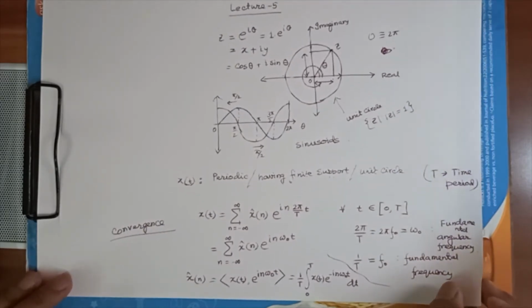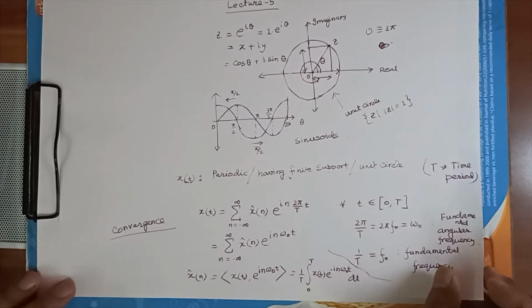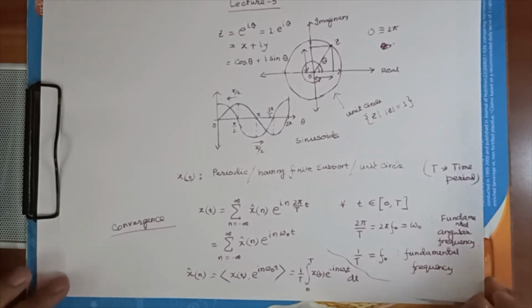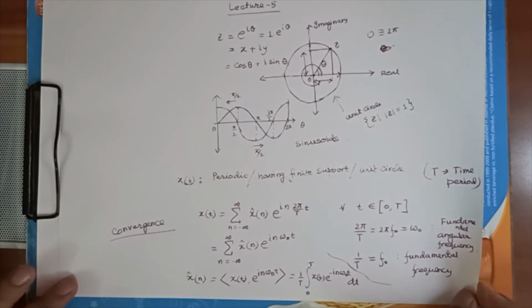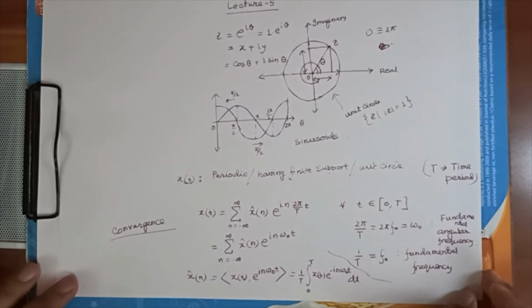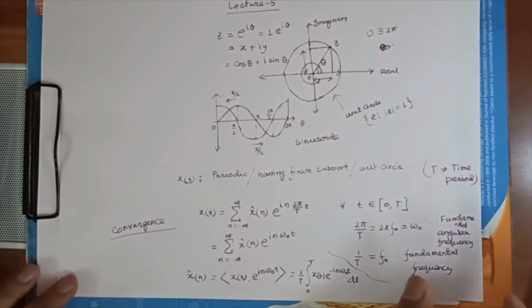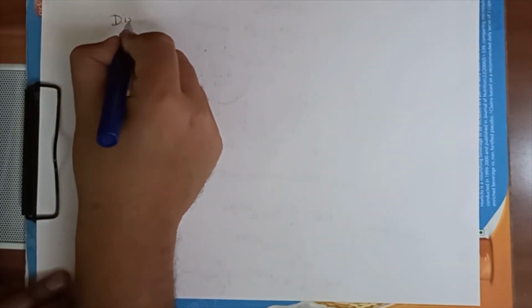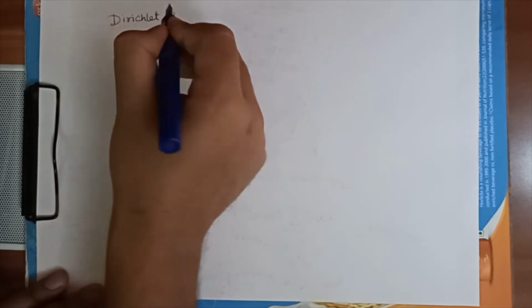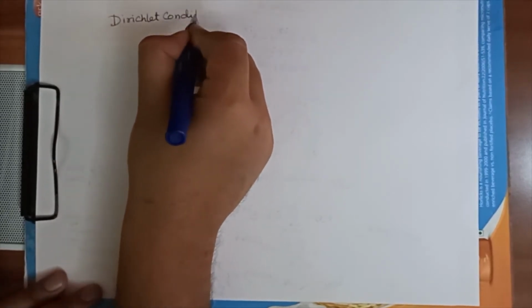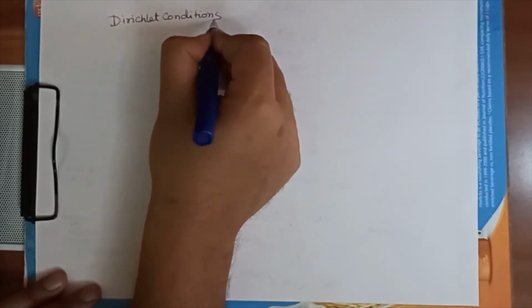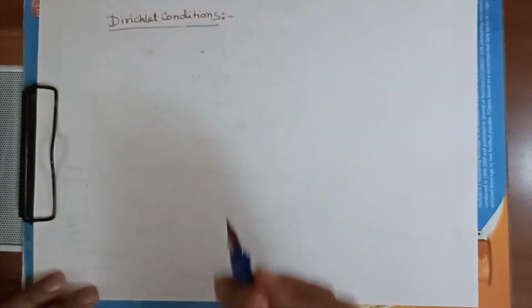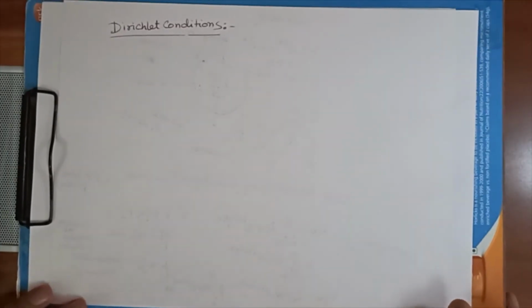I am not going to prove them because they are beyond the scope as of now. However, those sufficient conditions are not that important in our course, because we don't come across those pathological functions very often. Nevertheless, let me complete the conditions. These are the so-called Dirichlet conditions. These are some sufficient conditions. What do we mean by sufficient conditions? Sufficient conditions means if those conditions are satisfied, then the series converges.